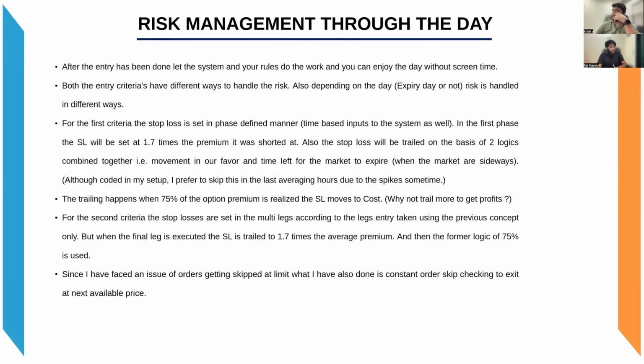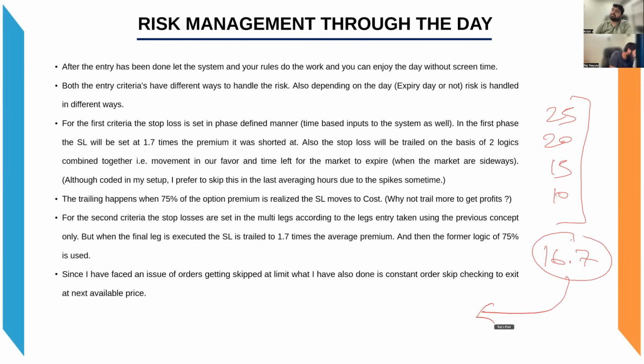अब चलो इस केस में एक और चीज देखते हैं। मेरा पहला लेग एग्जीक्यूट हुआ 25 पे, फिर 20 पे, फिर 15 पे, फिर 10 पे। जब मेरा फाइनल लेग एग्जीक्यूट हो जाएगा, व्हाट आई विल डू कि इनका जो एवरेज प्राइस आएगा, अगर मेरा 3600 का लेग है, दैट विल कम क्लोज टू 16.7 और समथिंग। ठीक है। तो 16.7 को हम एवरेज मान के इसका 1.7 टाइम्स का हम स्टॉप लॉस लगा देंगे। दिस इज व्हाट वी विल डू।